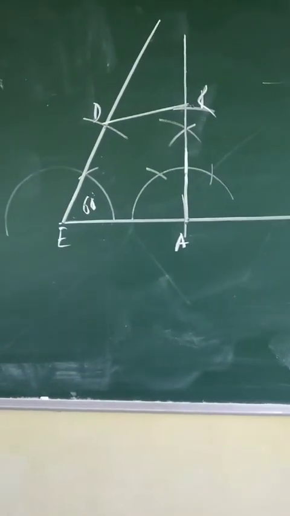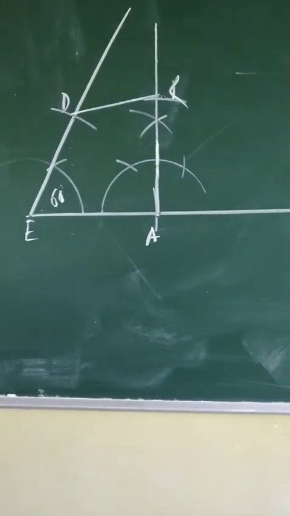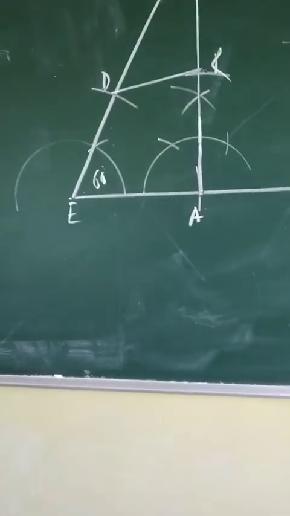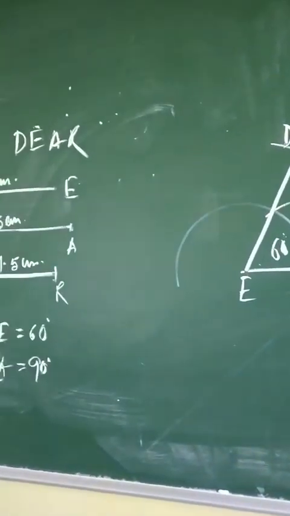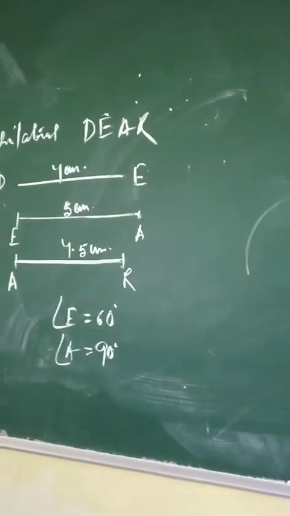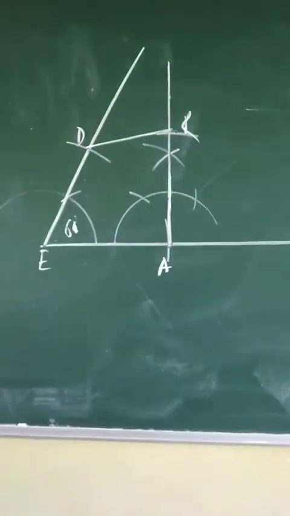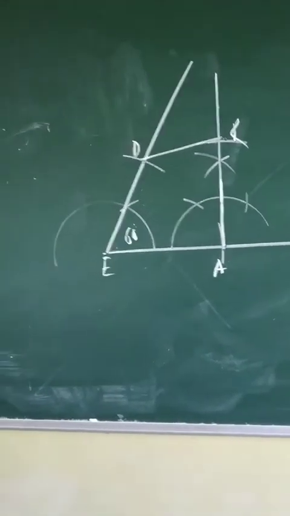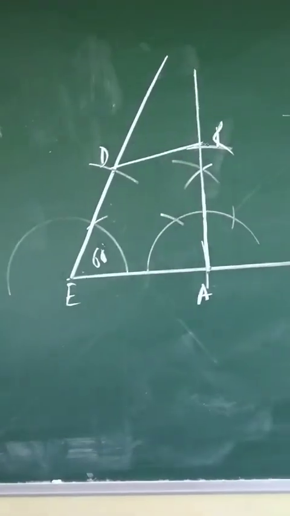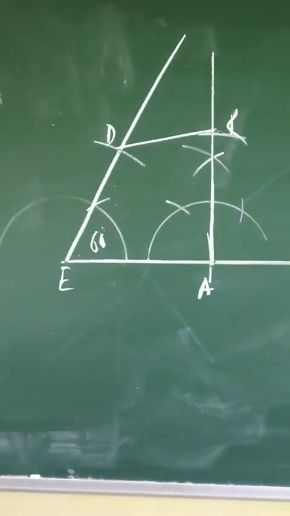DEAR is done. If there are any confusions or doubts, children, please do watch this video again and again. Or if still it's not cleared, please feel free to speak to me. Similar kind of constructions are there in the next question. Question number 2 is just similar to question number 1. Using a similar process, we have to construct this quadrilateral, in which we'll be dealing with 120 degree, then we have got 75 degree. So using this process, we can easily construct all sorts of quadrilaterals. The next quadrilateral is TRUE.